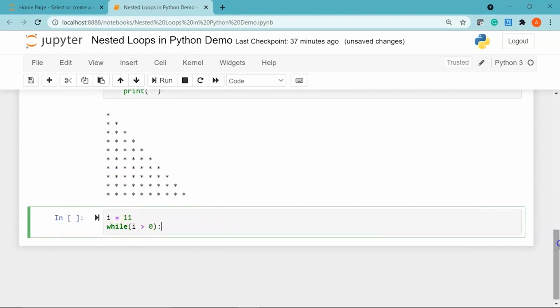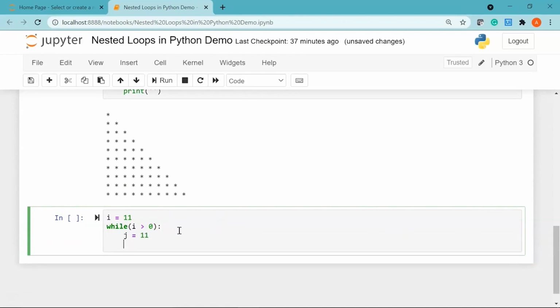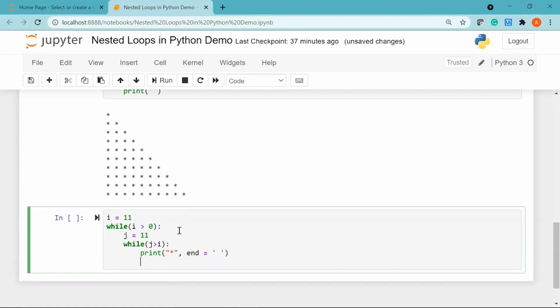So my loop will continue until i is greater than 0. I'll say j equal to 11. Then I'll use my inner while loop. I'll say while j is greater than i, I will print star, and I'll use my end parameter as space again.